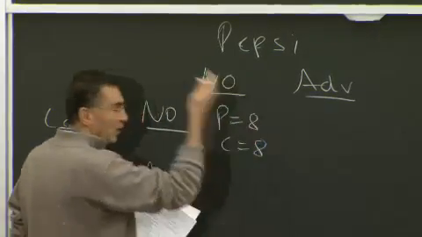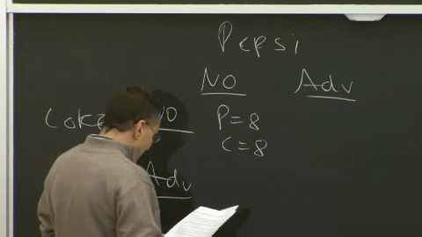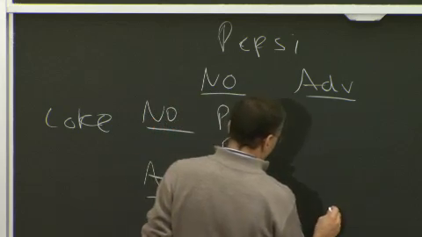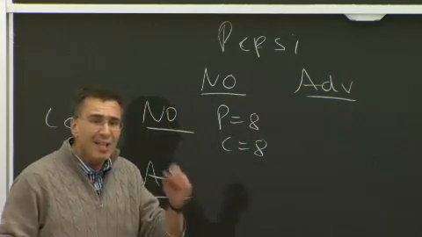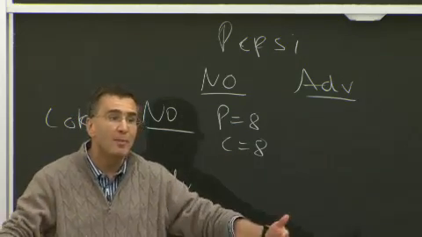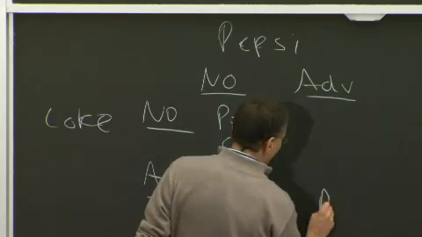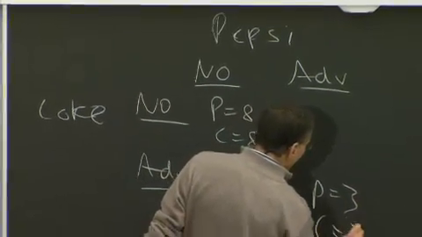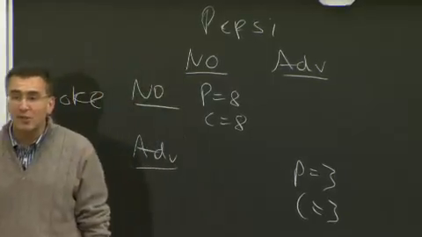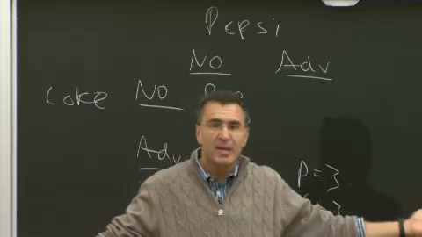I don't know what 8 is. 8 is $1 billion. So I'm just making up numbers here. It doesn't matter. So $8 billion each. Okay? If they both do advertise, then they still end up splitting the market, because basically, they're just as good as each other. So they both spent all the money advertising and are just back where they would have started, except they've wasted all this money on advertising. So if they both advertise, they each earn $3 billion instead of $8 billion. That is, they each split the market. They end up back where they would have started, but they wasted a bunch of money advertising along the way.